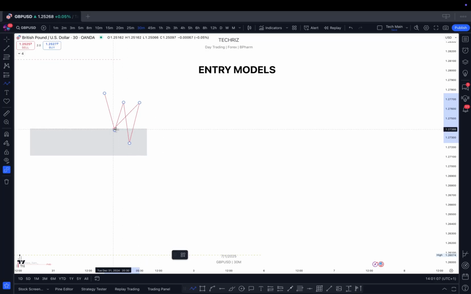There's actually a rule that states that when price breaks through this level, that particular previous low,